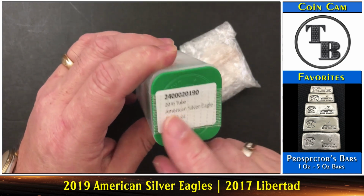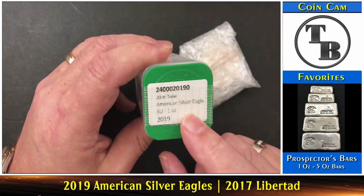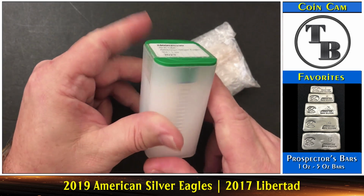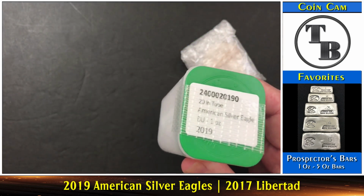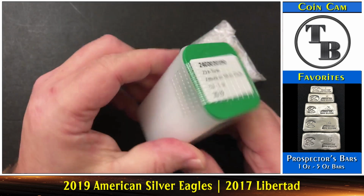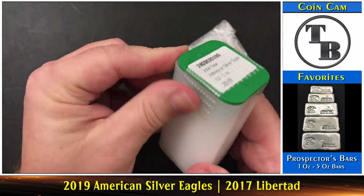So I don't know, does anybody know, is this an original label from the mint? I don't think so. Probably something they put on there. Just wondering, because I'd like to cut it open and take a look at them, but I don't know if I should or not. It's probably fine just the way it is, right? Sealed tube. I don't think it's sealed from the mint. I don't know if the mint uses a tape or if this comes from the